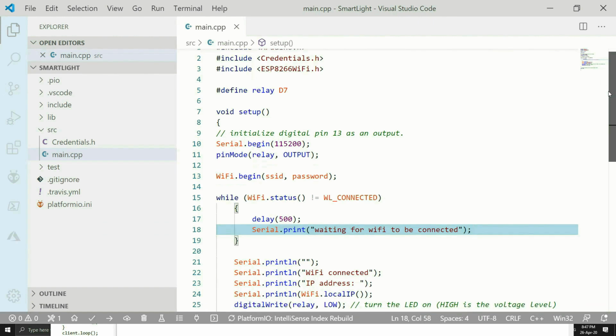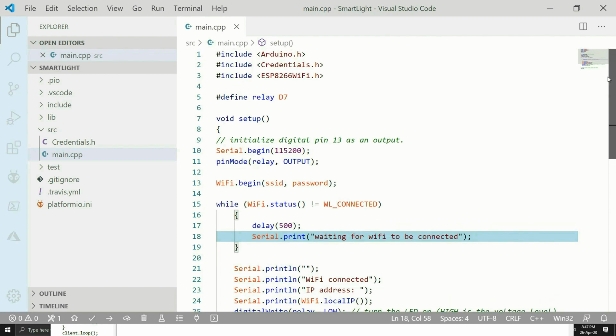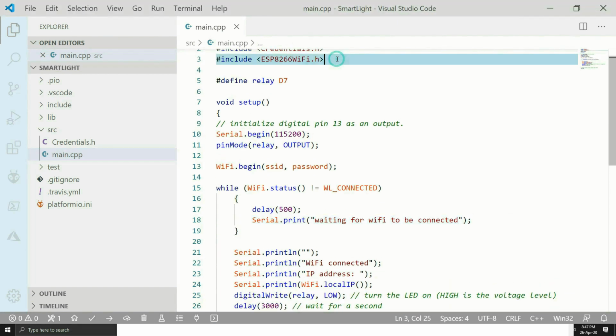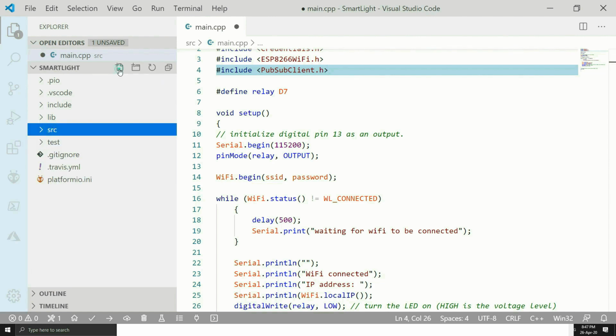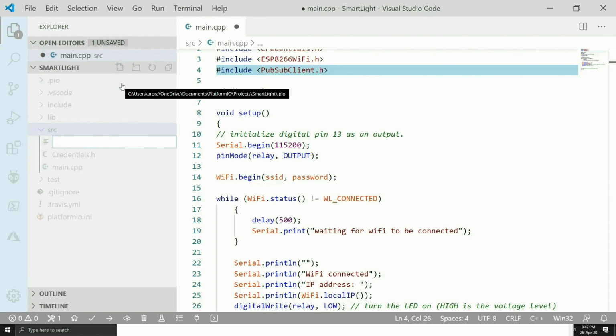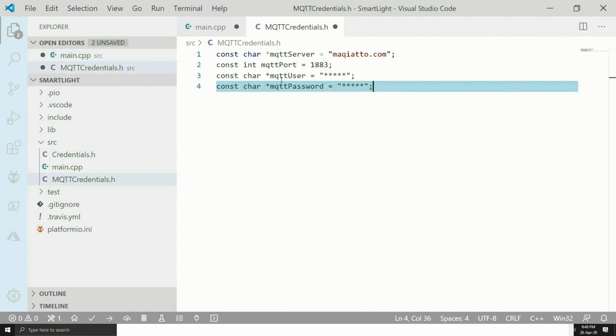Till now, what we have done is install the PubSubClient library. Now we need to implement the code. The first thing that we need to do is include PubSubClient.h. And under the source, I'm going to create another file. Let's call it MQTT credentials.h. And right here we need to